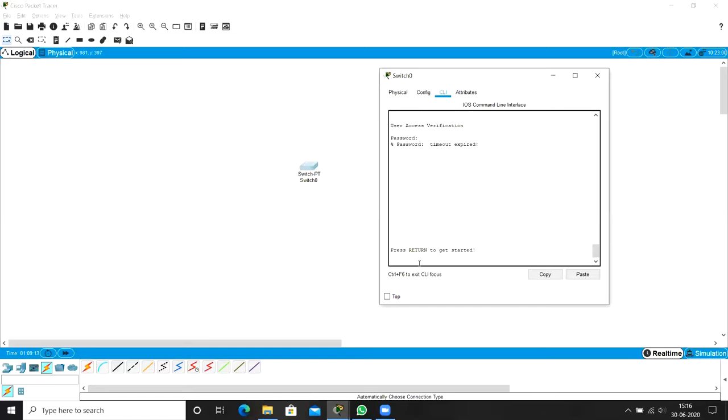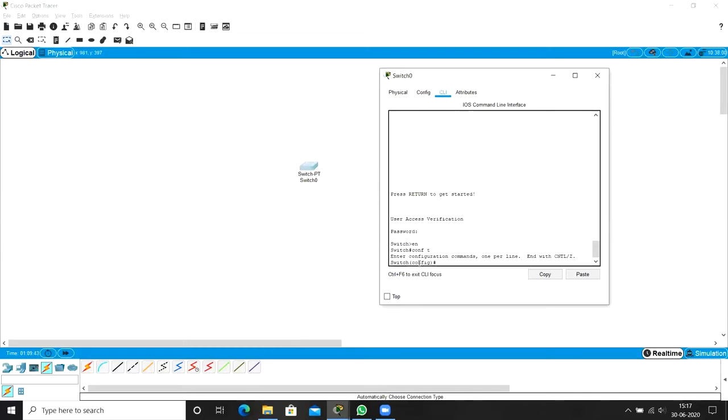Okay, so to set the password to enter into the user execution mode, these are the commands we use. Okay, so the next, here, so I need to enter again. So that is Cisco, so I enter, so it enters into the user execution mode. So enable privilege execution mode, conf t, so that is a configuration mode.